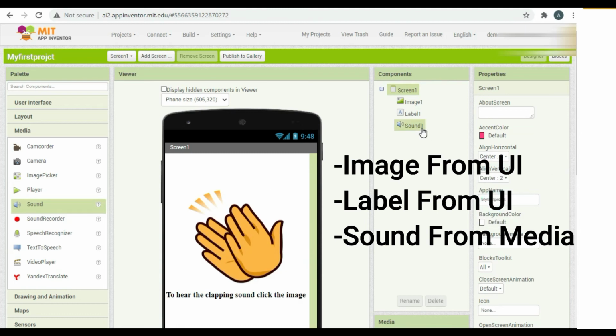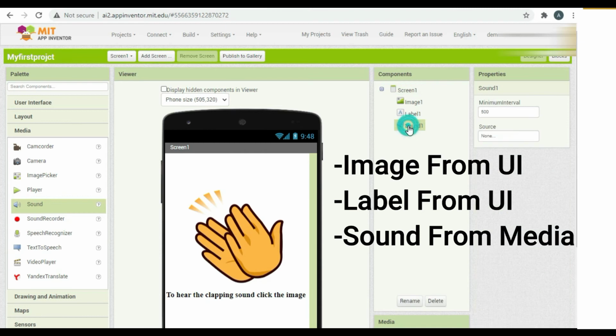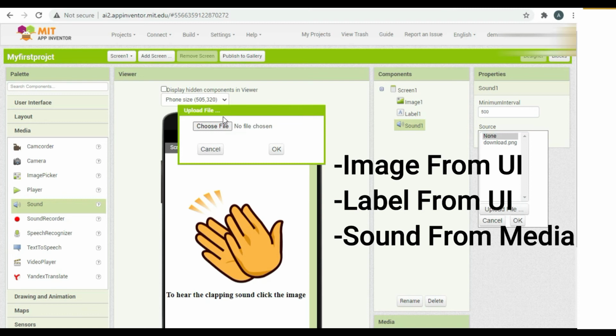And now let's set the sound of sound 1. So simply click on sound 1, and right here you can see the source written here. Just click on none, upload a file, click on choose file. For this you will need a clap sound. Right now I have one downloaded. I will share the link of the sound and the image down in the description.